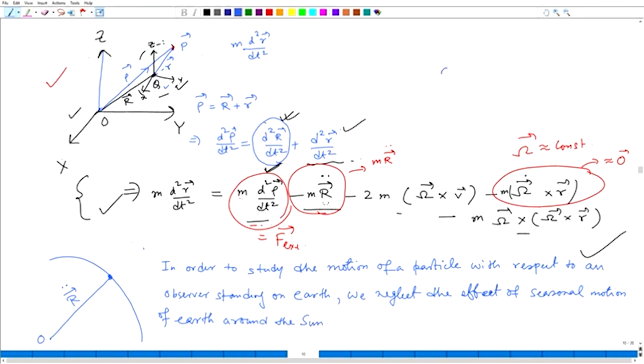So, if it is, for example, if it is sun and earth is moving with respect